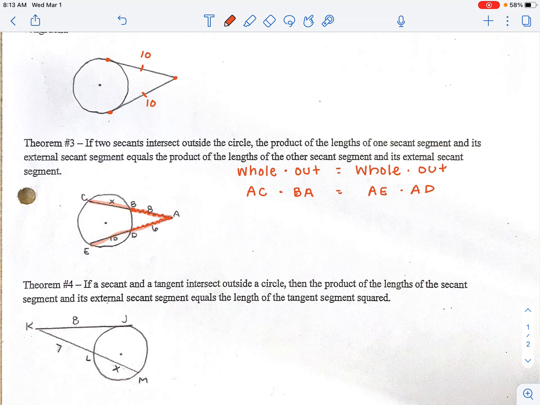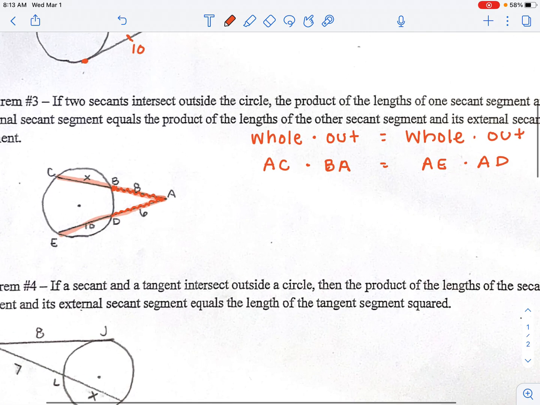Okay. So how do you do this problem? For this example here, we know that C to B is X, B to A is 8, A to D is 6, and D to E is 10. So the whole secant segment of this one, from here to here is X, from here to here is 8. So that whole thing is X plus 8 times, all right, just the outside part. The outside part of that secant segment is 8